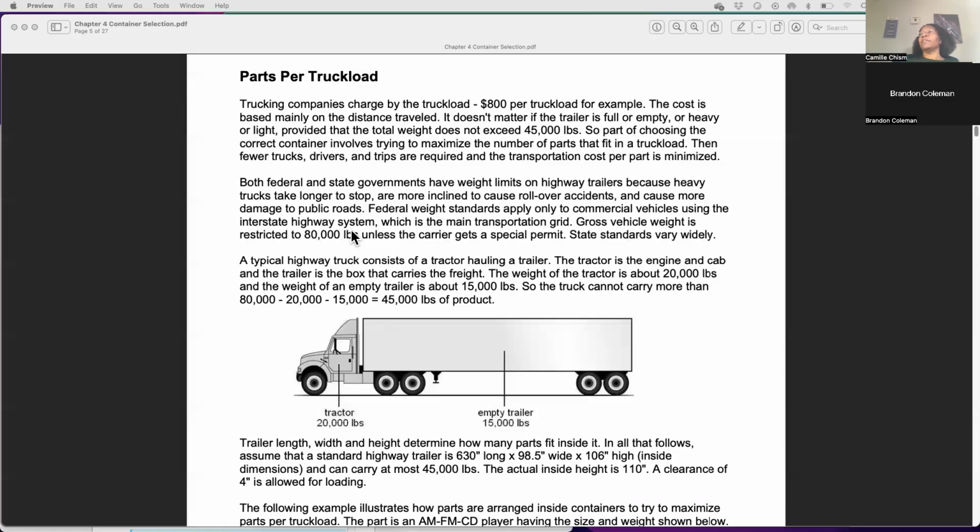The trucking companies do try not to exceed the 45,000 pounds, because then you're dealing with difficulty in performance of the truck, more accidents, more issues, more wear and tear on the vehicle. But that weight limit here of the 80,000 pounds, you're looking at not just the trailer, but